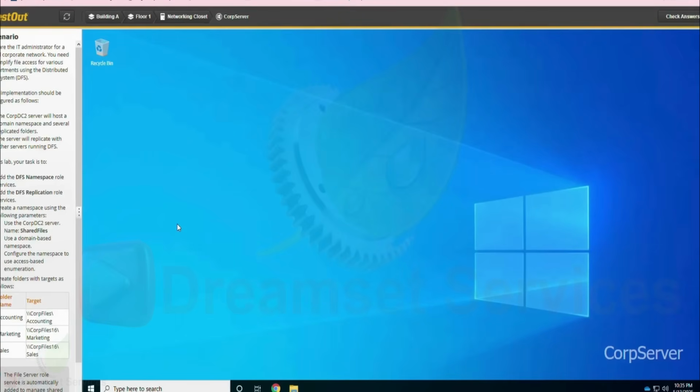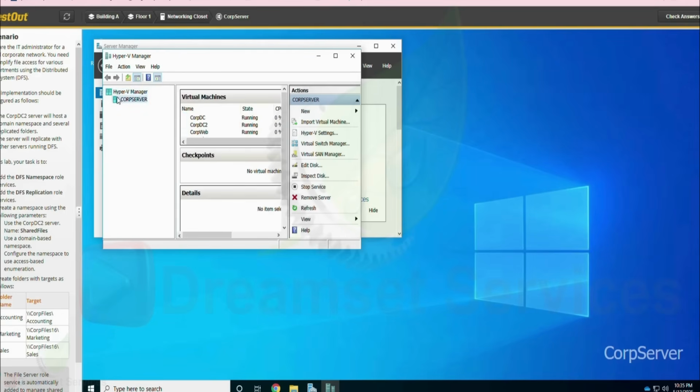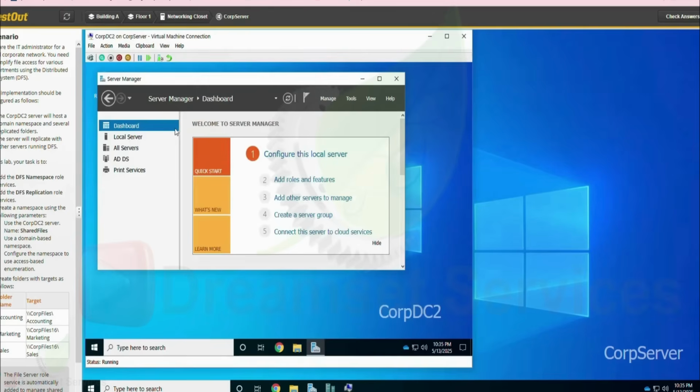So what we want to do now is go to COP server, and then under COP server you want to select COP DC2, and when that opens up,